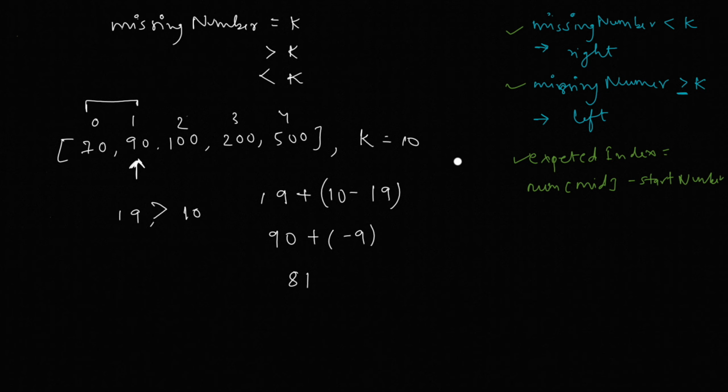Right? But you also want to do minus 1 over here. So that is the catch in this one. So that is the only difference. What would be the 10th missing number from this? It would actually be